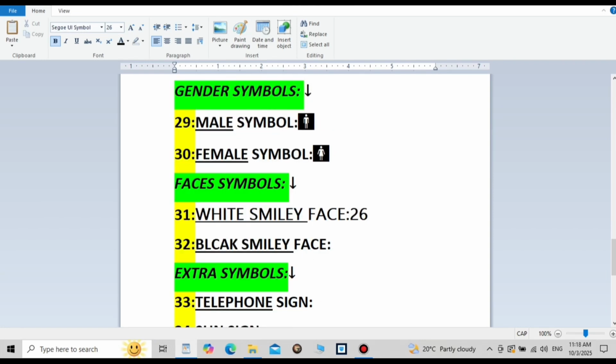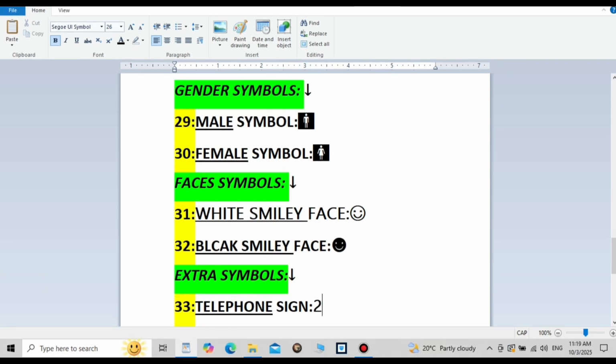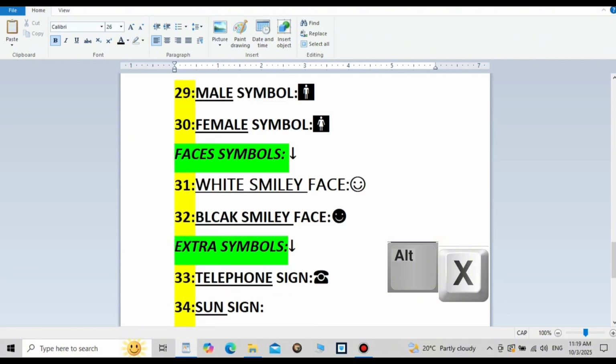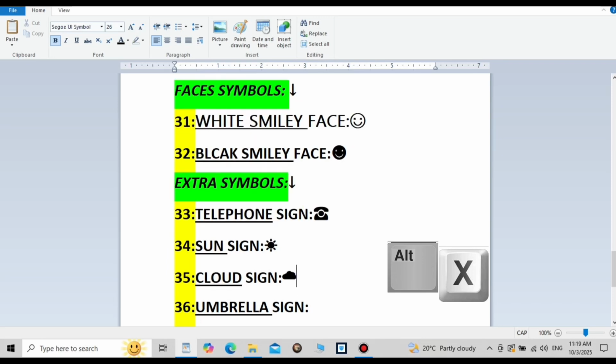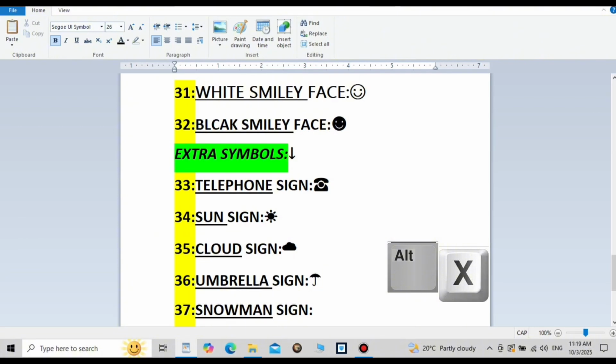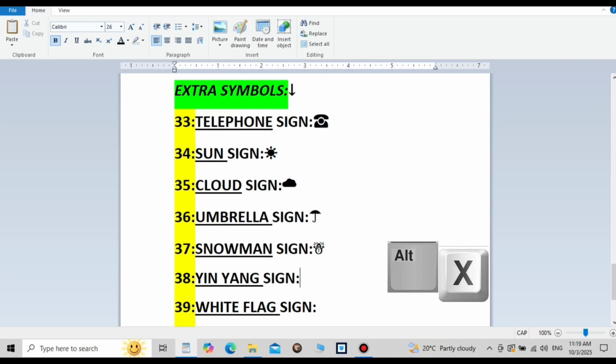Type 263A plus Alt and X for white smiley face, and 263B plus Alt and X for black smiley face. Type 260E plus Alt and X for telephone sign, 2600 plus Alt and X for sun sign, 2601 plus Alt and X for cloud sign, 2602 plus Alt and X for umbrella sign, 2603 plus Alt and X for snowman sign,